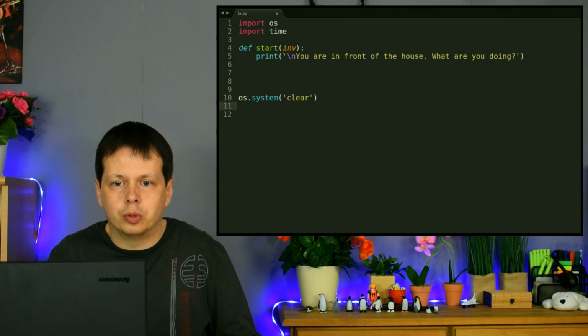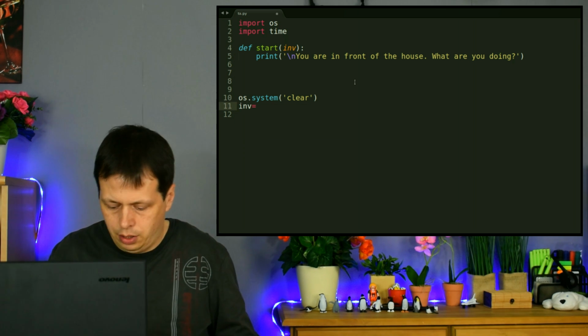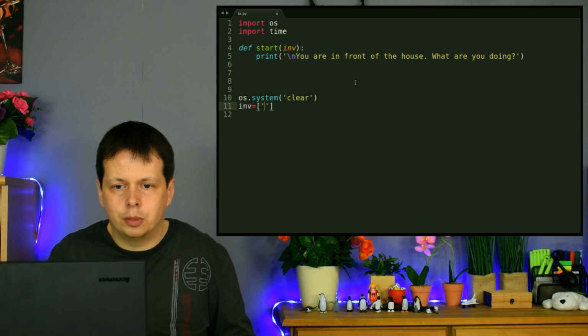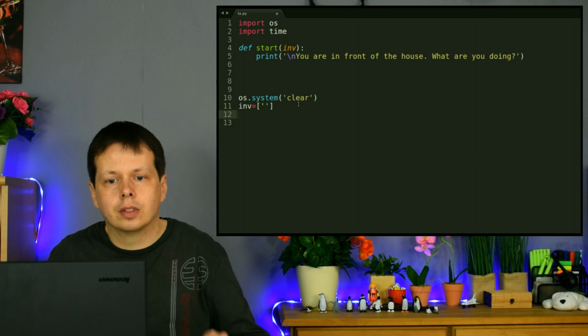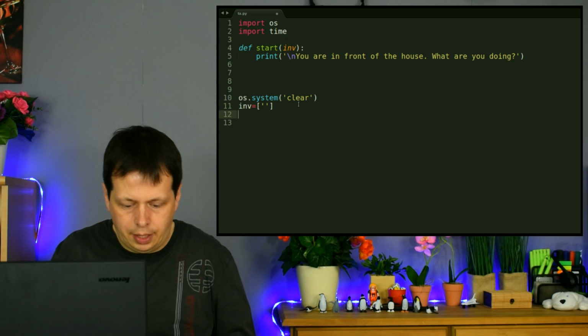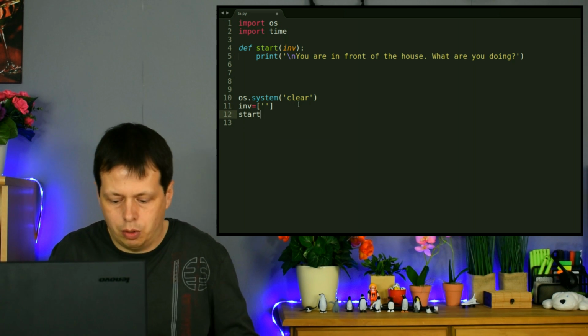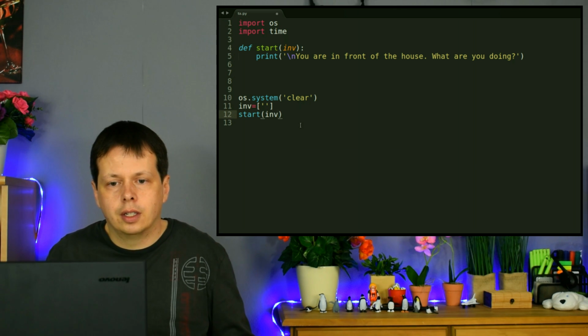Then we have to give a start or define our variable inventory. So I put it in these brackets here. So at the start, the inventory is empty. And then we start, or we call our start function,